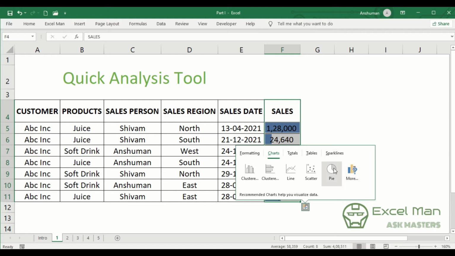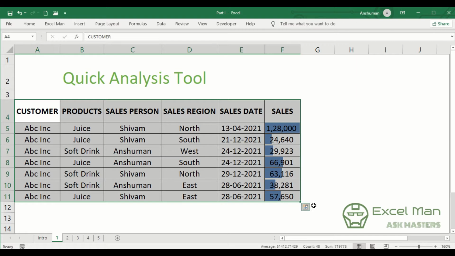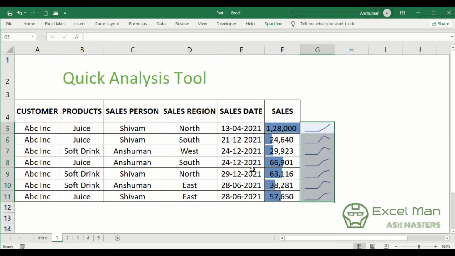Let's say I can use the charts for my data as well, or even apply the sparklines for my data. As you can see, when I click over here, special boxes appear, but it is not displaying any sparklines. This is because maybe the selection of my data is not correct. If I select my entire data and put my sparklines over here, you can see that I have got these lines which show me my range of data. So this is something that you can do.